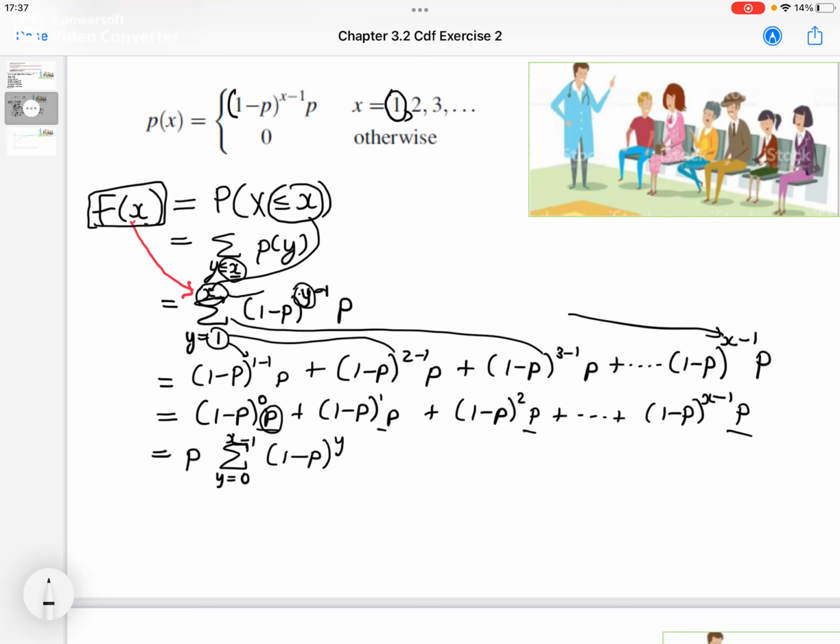Summing to x minus 1. So it's p times 1 minus p to the power 0, plus p times 1 minus p to the power 1, plus p times 1 minus p to the power 2, plus until p times 1 minus p to the power x minus 1. So we can take out the common multiple and then multiply it by all of these,